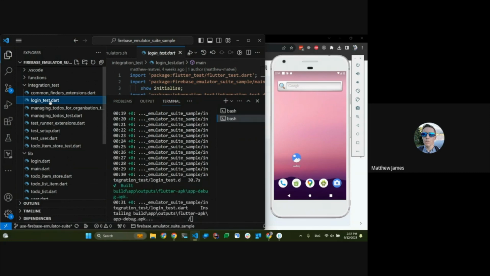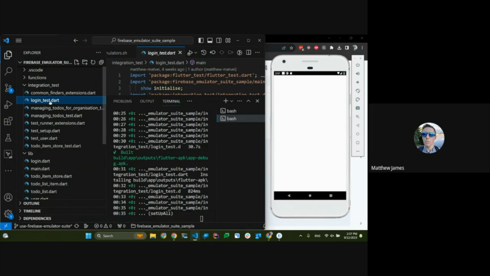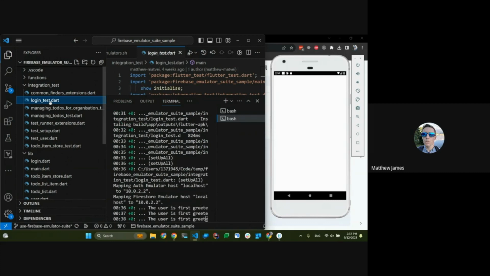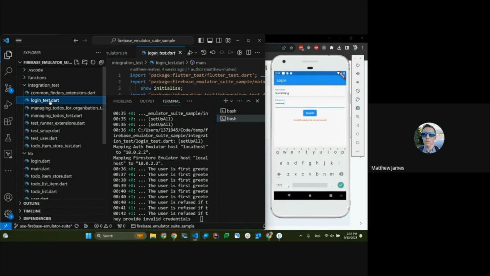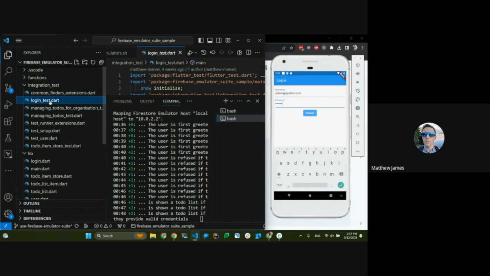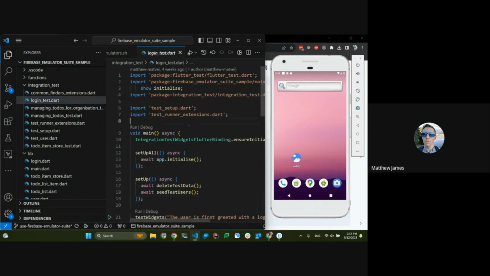Every now and again, you'll see the phone start to run through, and you probably get totally distracted and not worry about what I'm saying. But there we go, we can start to see that would be the login tests. Already started there. And so I might just let that go about its business